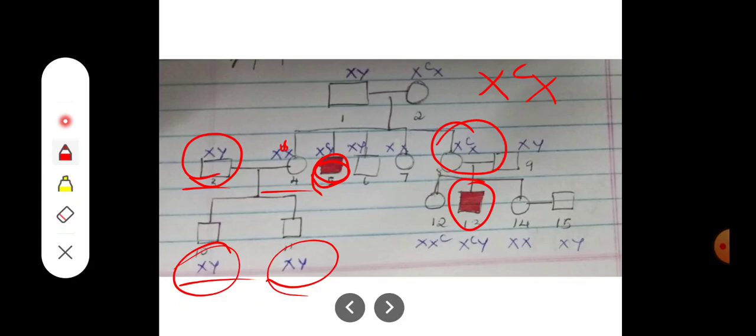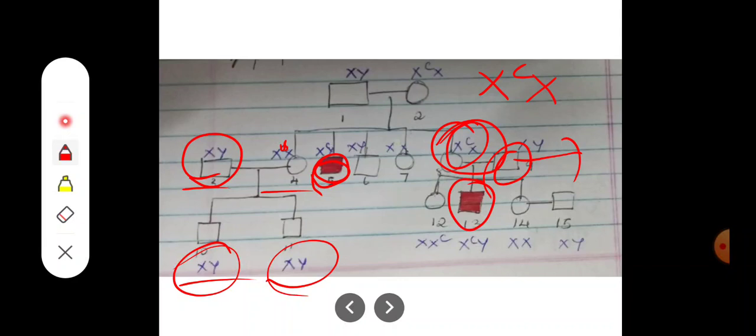12 and 14 are not affected, but only the 13th child is affected. Okay, so if the 13th child is affected, then he would have got the XC from his mother. Okay, and why is it not from his father? Because if the father is XC, then surely he would have been suffering from color blindness, but we see that